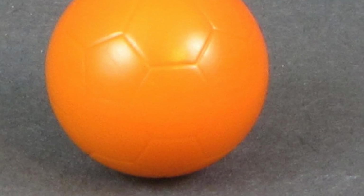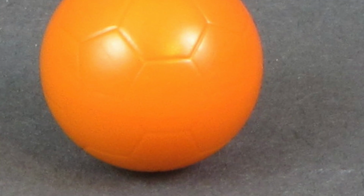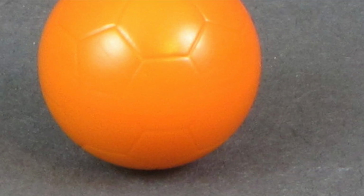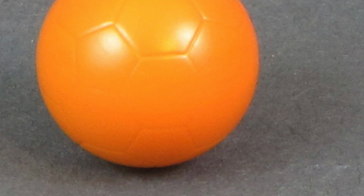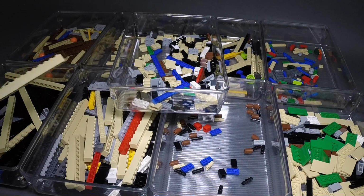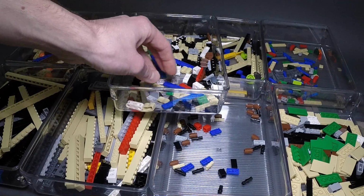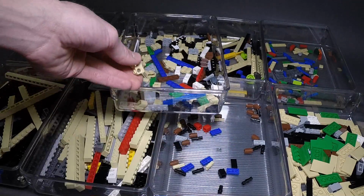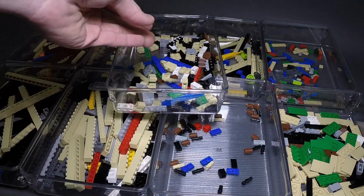Except that, unlike the soccer ball pieces, which were white with black printing on them, these are solid orange. So this may be a unique color for this piece, so that's kind of cool. Other than that, the only thing that really stood out to me was just the sheer amount of tan that we get. So we got tan plates, we've got some tan Technic pieces, we've got tan SNOT brackets, of